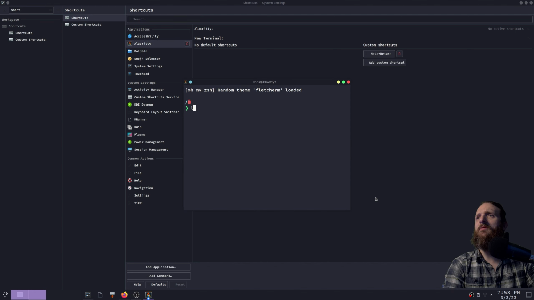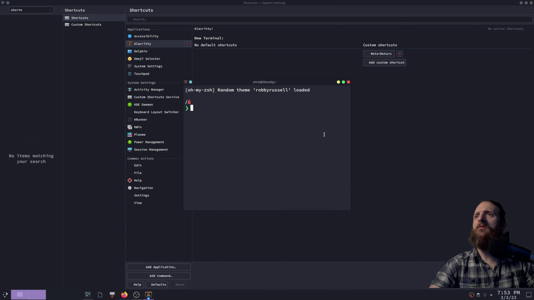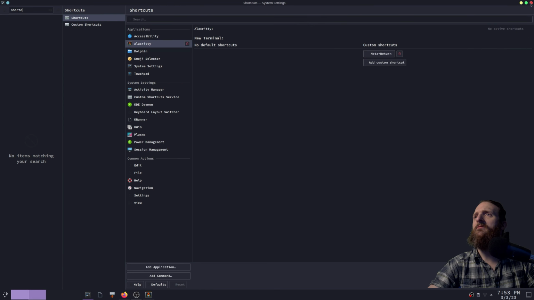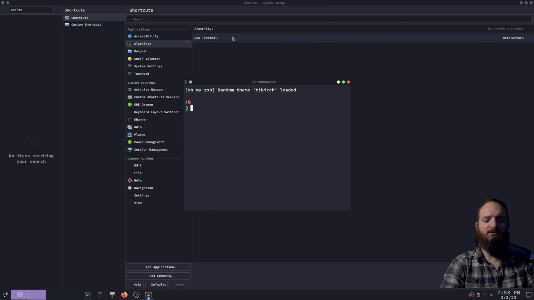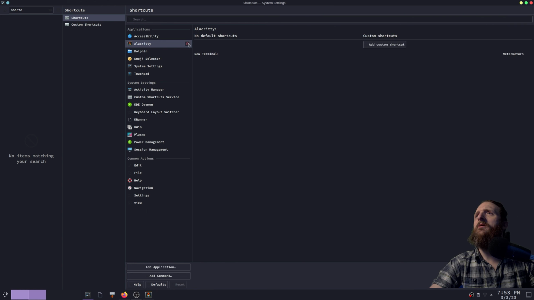Cool. But it's locking me in. I don't know why it keeps locking me. Keeps locking me into the root directory. I don't want that. New terminal. What's